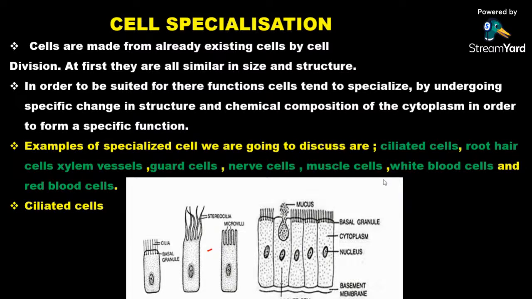Otherwise, we are looking at cell specialization. One of the characteristics of living organisms, we said all living organisms are made up of cells. So now we need to look at the specialization of these cells, as we are going to look at them in detail. So let us start now. As you know, a cell is a basic unit